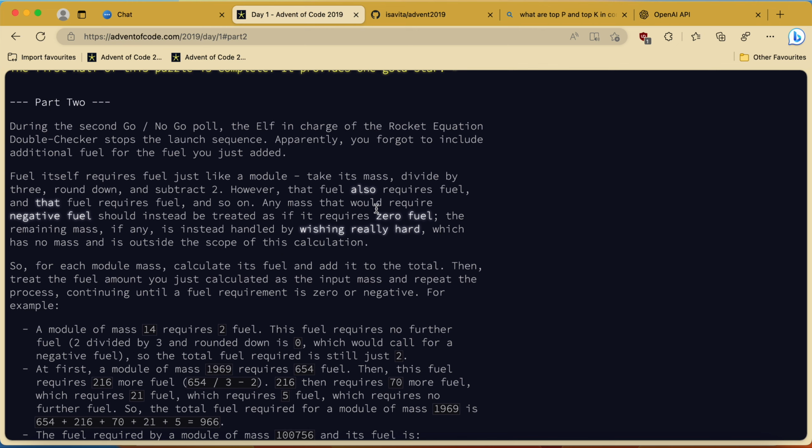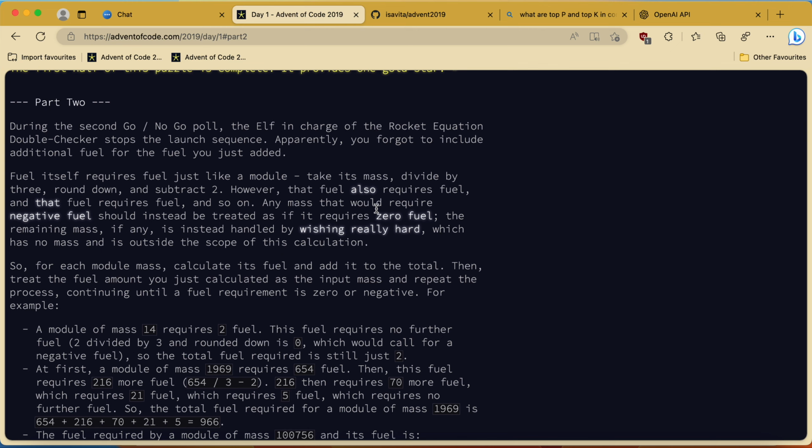However, that fuel also requires fuel, that fuel requires fuel, and so on. Any mass that would require negative fuel should instead be treated as if it requires zero fuel. The remaining mass, if any, is instead handled by wishing really hard, which has no mass and is outside the